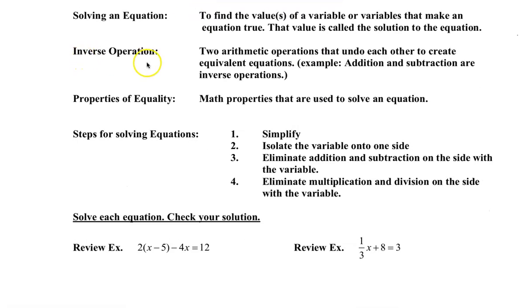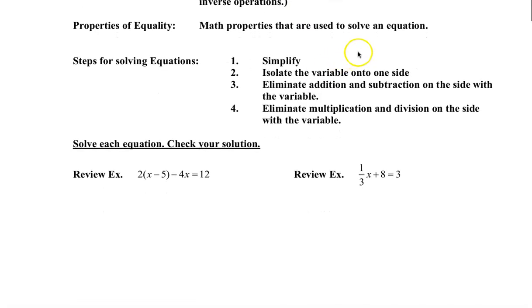Inverse operation is a primary method we use to solve an equation. It's when we undo an arithmetic operation. So if we have an addition, we want to do subtraction to get rid of it. If we have subtraction, we want to do addition. Multiply, divide, cancel each other out. That's an inverse operation. Properties of equality are all the properties you use to justify solving, and then following the